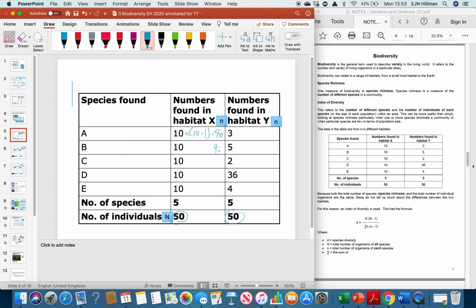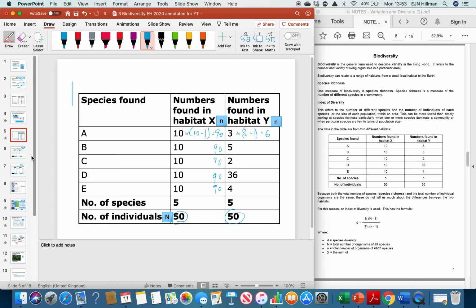Then it would be 90 for all of those. For habitat Y, that would be 3 times 3 minus 1, etc. Then we take a sum of these values